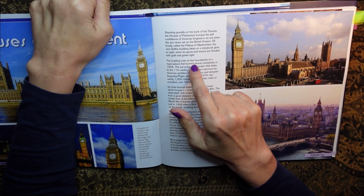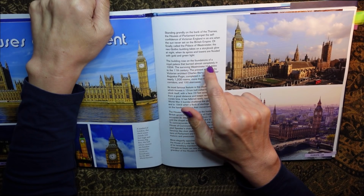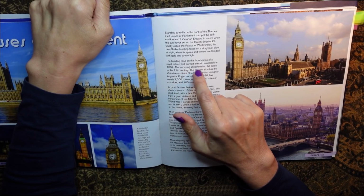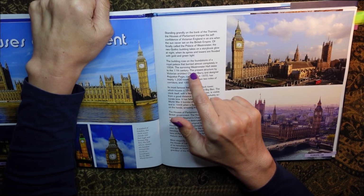The building rose on the foundations of a royal palace that burned almost completely in 1834. The surviving Westminster Hall dates to the 11th century. The present